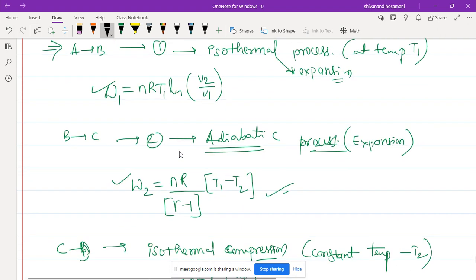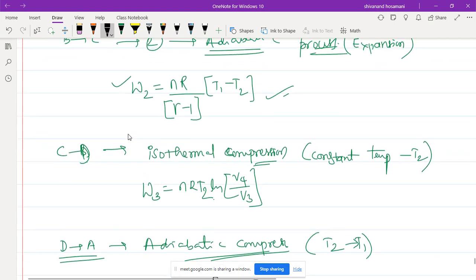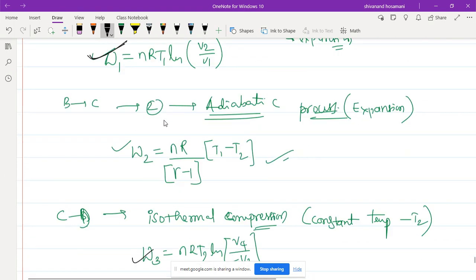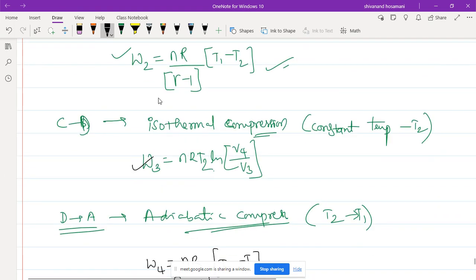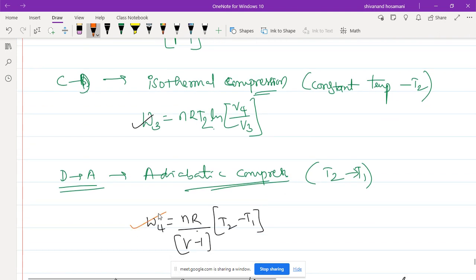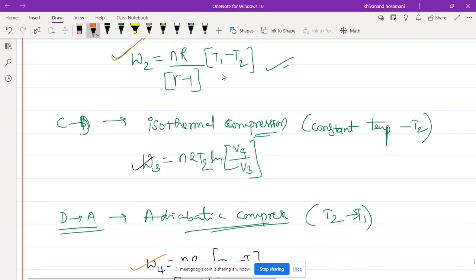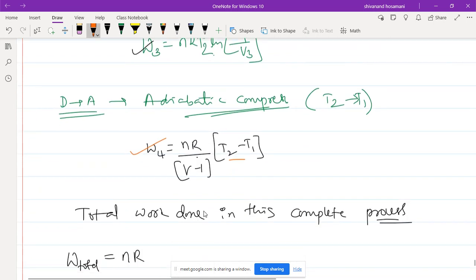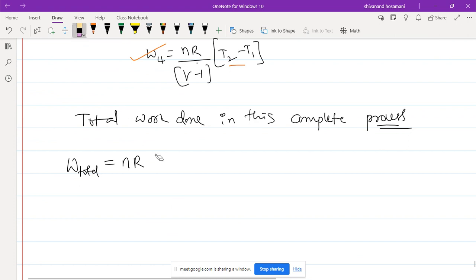Take W1 and observe it, then observe W3. They are the same, but NR T1 is there, and T2 is there; V2 by V1 is here and V4 by V3 is there. Two can be added. Observe W2 and W4: they are exact opposites. T2 minus T1 here, T1 minus T2 here, so exactly they are going to be 0. Therefore work done can be calculated as W1 plus W2